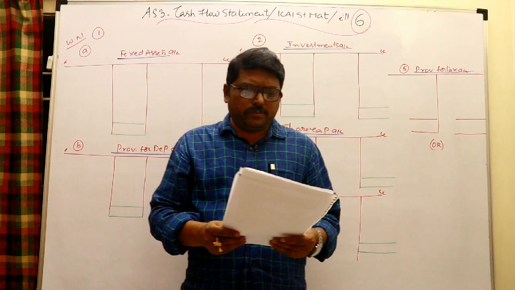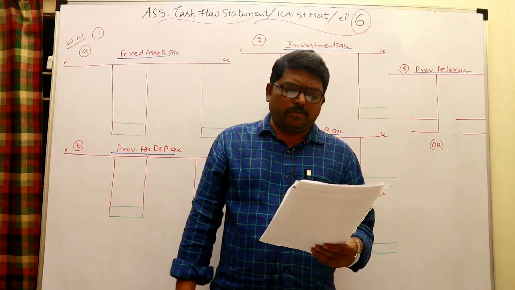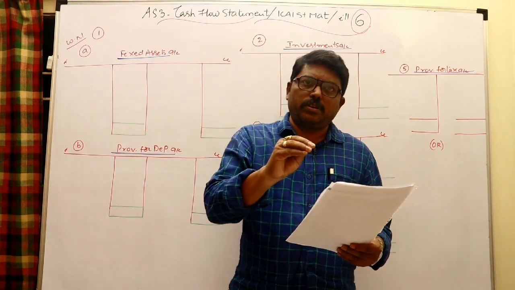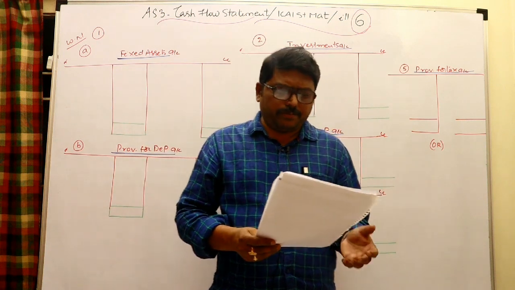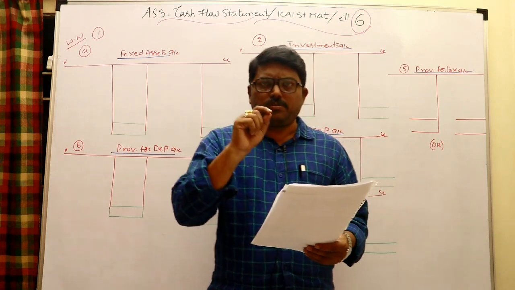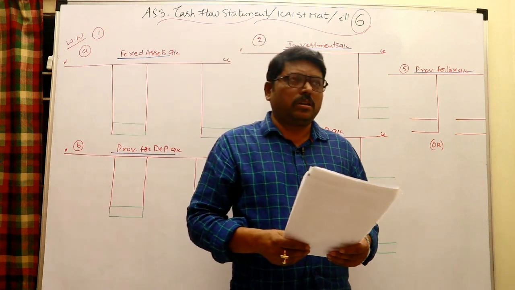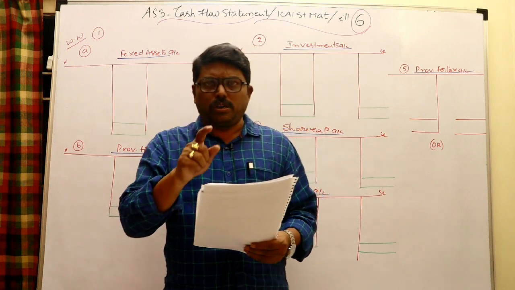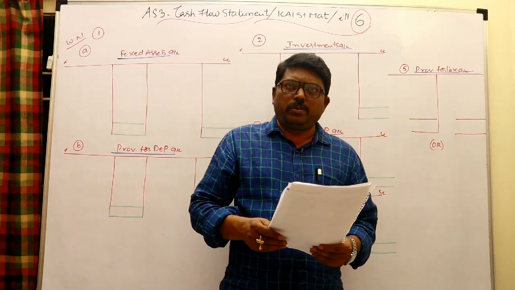Watch it carefully. Plant assets are given as 5,05,000 in the beginning and 7,15,000 at closing, which indicates there is some purchase. If the purchase is not given, you can find it out from the asset account as a missing figure. Accumulated depreciation means provision for depreciation, and you should be very clear about it. When you follow the provision for depreciation method, the entry is depreciation account debit to provision for depreciation account, and that depreciation is charged to the P&L account.